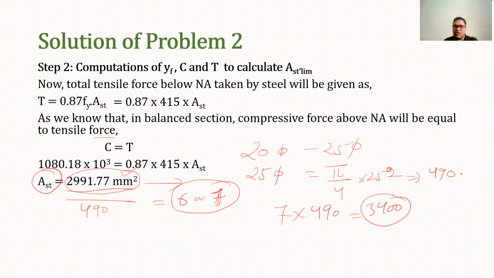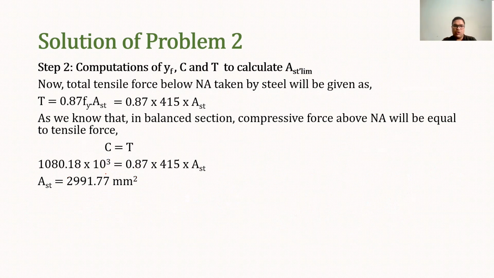So you can see the area of steel provided here is 3400, and the required is 2991.77. So here we have to choose the dia of bar such that the area of steel provided will be around 2991.77. Sometimes we use the dia of bar in combination, some 25 and some say 28 mm dia, depending on the composition, because the total area of steel provided should be around 2991.77. It should not be less than that. It should be more than that, but not too much. So that is how we assume that.